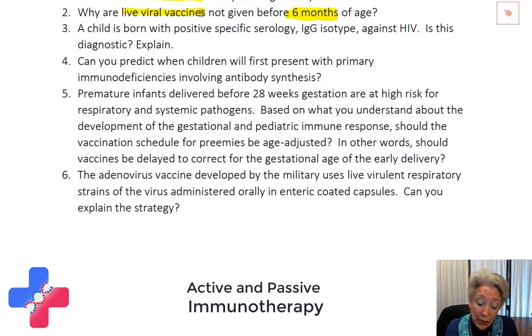Because the first thing that would happen would be that the maternal antibodies would bind to those living virions and would stop them from starting an infection, which is necessary for that type of vaccine to make a good immune response. So I actually have the maternal protective antibodies stopping the baby from being able to make an immune response to themselves. It's not necessarily going to harm the child. It's simply that I'm not going to get the result. So why bother waste the time doing that? Number 3,